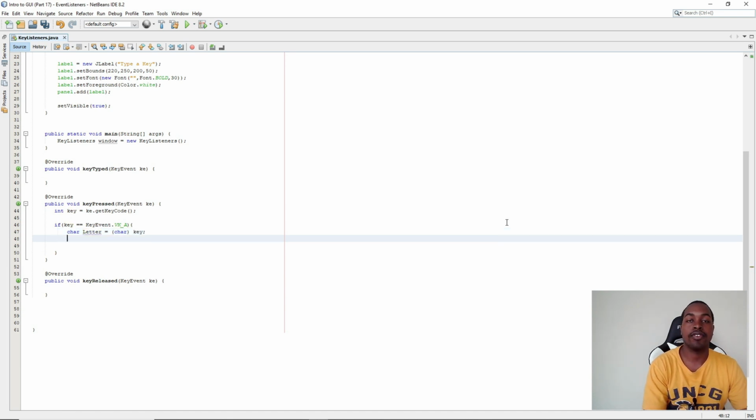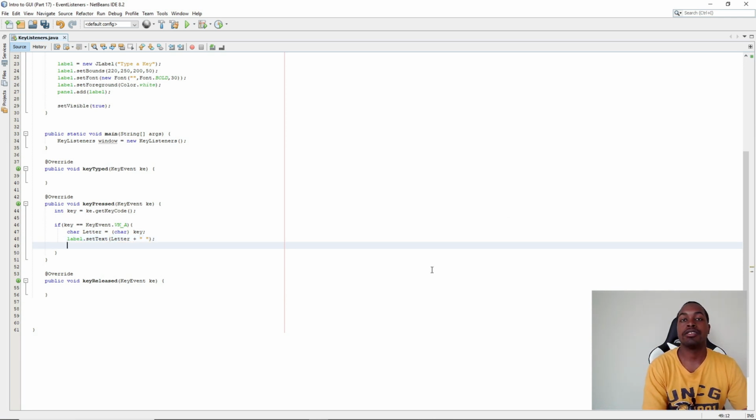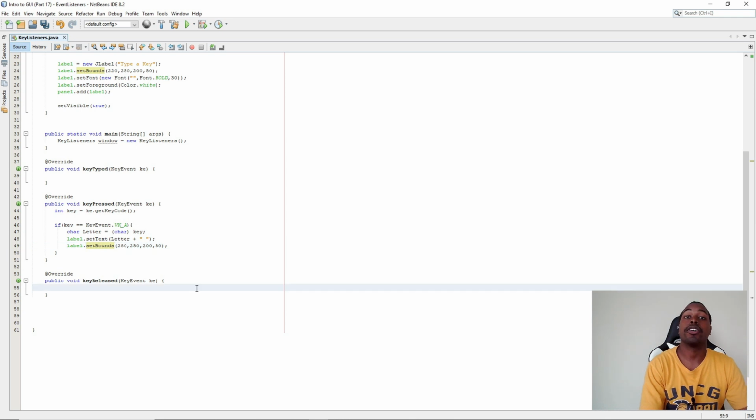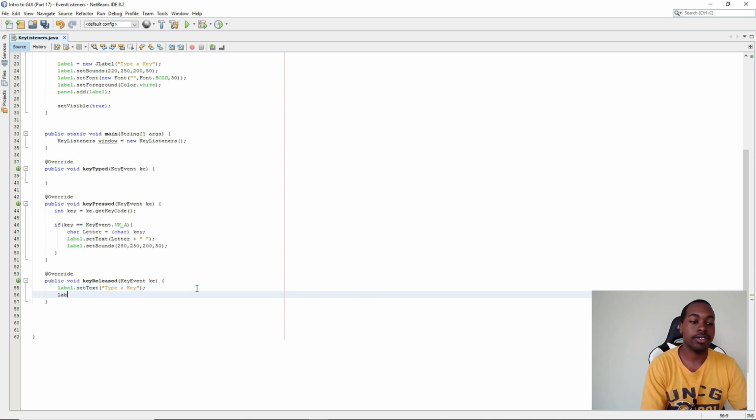We're going to set the text of our label to letter plus a string space. Then we're going to set the bounds of our label to 280, 250, 200, and 50. In our keyReleased method, we're just going to set our label back to its normal position. So label.setText, type a key. Then we're going to set the bounds of our label, label.setBounds, 220, 250,